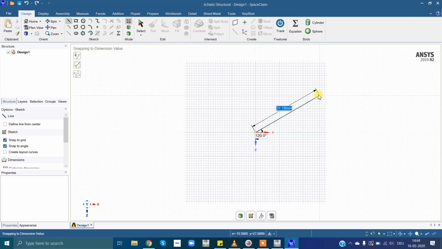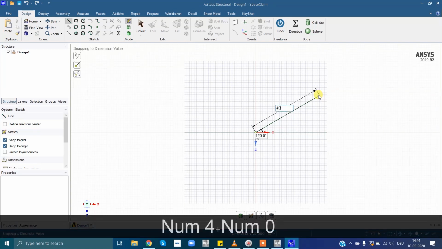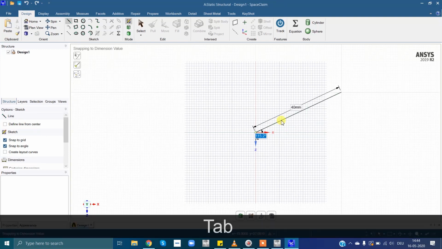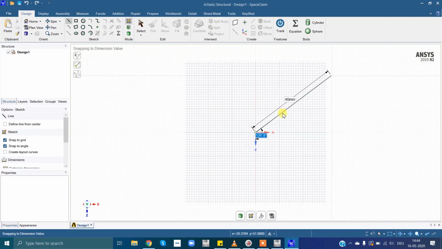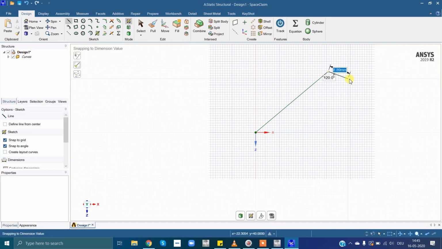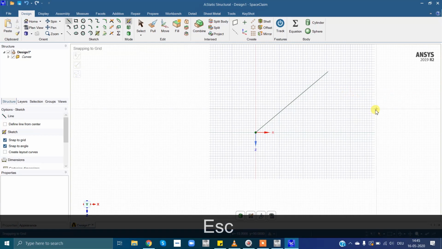Suppose enter length 40, and now you want to give an angle to this line. To change from one dimension to another dimension you can simply press tab. Now you can give the angle and give 130, enter. That's it. To get out of tool selection, simply press escape.